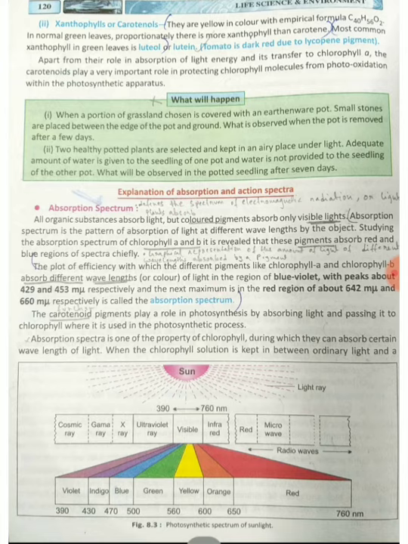Now we'll move to the next topic, the action spectra. It is not very important, but you should know that the plant can absorb only some light. You should know that sunlight is a compound light made up of many types of light, like you can see here: cosmic rays, gamma rays, X-rays, and ultraviolet rays, UV rays.